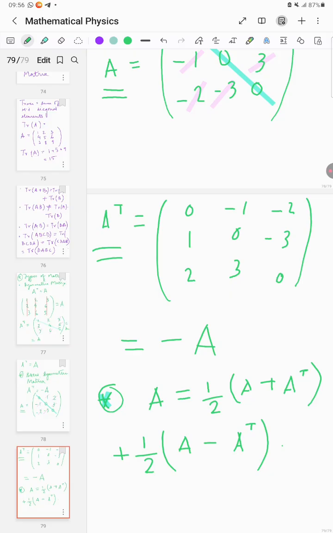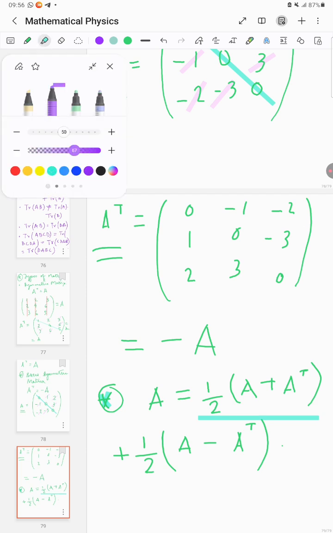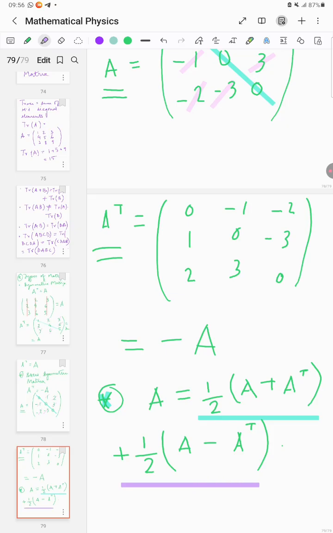Alright, so this is the symmetric part and this is the antisymmetric part. Alright, so A, which is a matrix, can be converted into a symmetric part and an antisymmetric part by simply adding the transpose with itself and subtracting the transpose from itself and dividing it by 2. Alright,